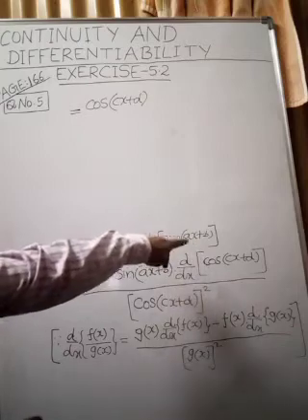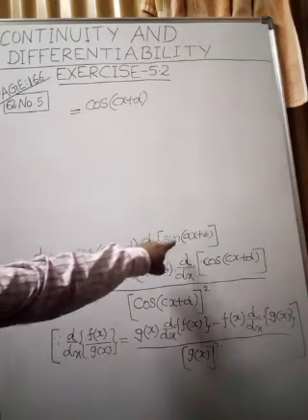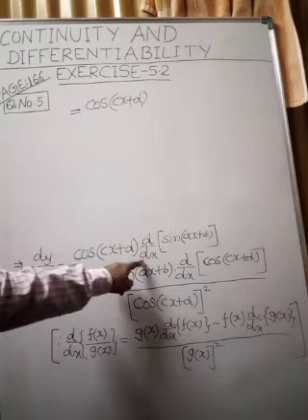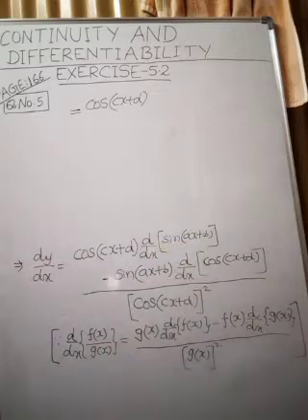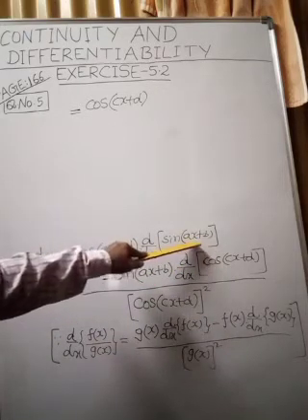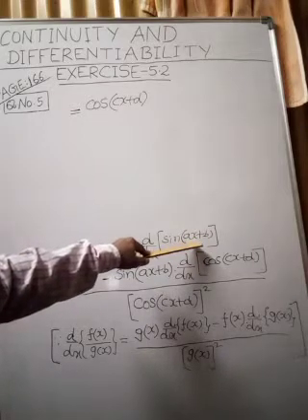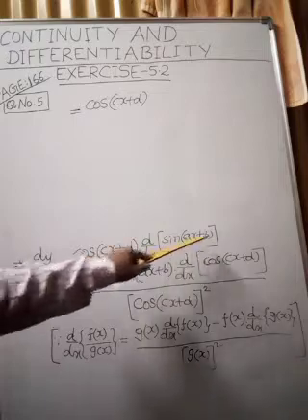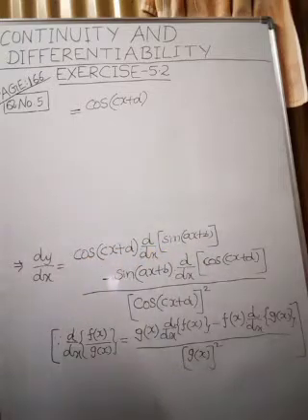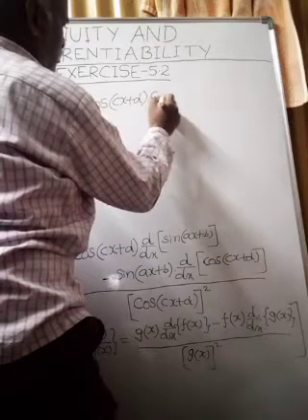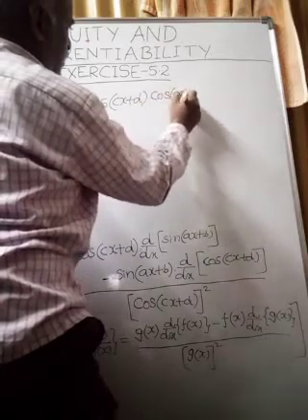It is a composite function of sin x and ax plus b. So first we use the d by dx of sin x formula. We consider this entire function within the brackets as x in our mind. We apply that formula here. What is the formula? Cos of ax plus b